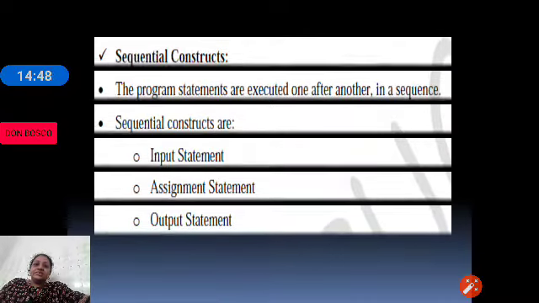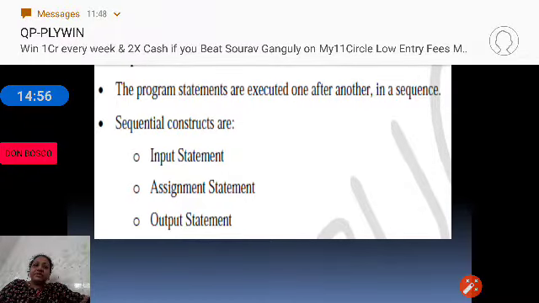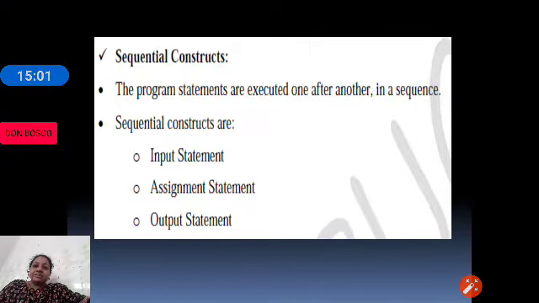Sequential construct is nothing but a series of steps. In the sequential construct, the program is executed one after the other. The statements are executed one after the other in the order in which they have been placed.